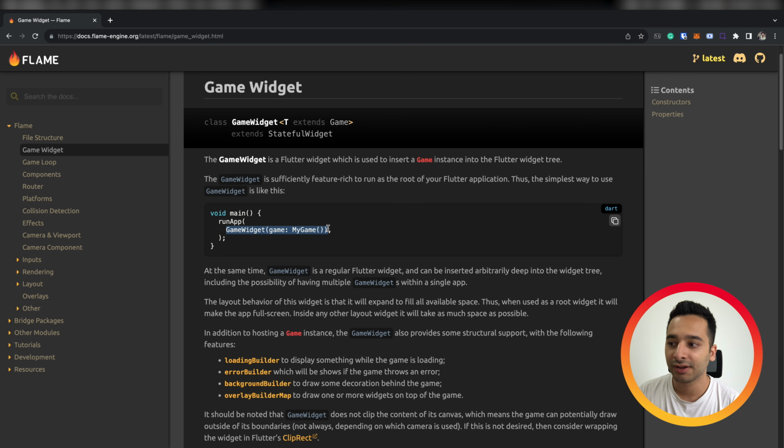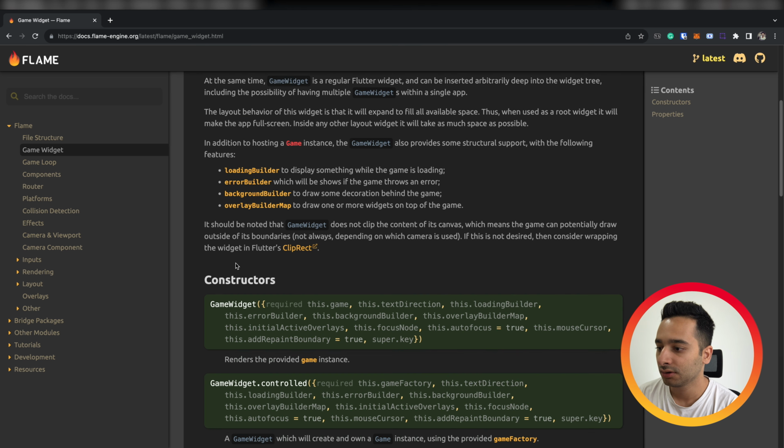Instead, we only have a game widget. So Flame handles everything for you. You don't need to add a Cupertino app or material app. But if you have some use cases that you need to have a material app, for example, handling routes, deep links, or anything else, it's okay. You can add the Flame widget into the pages that you have. So you are free to do anything you want.